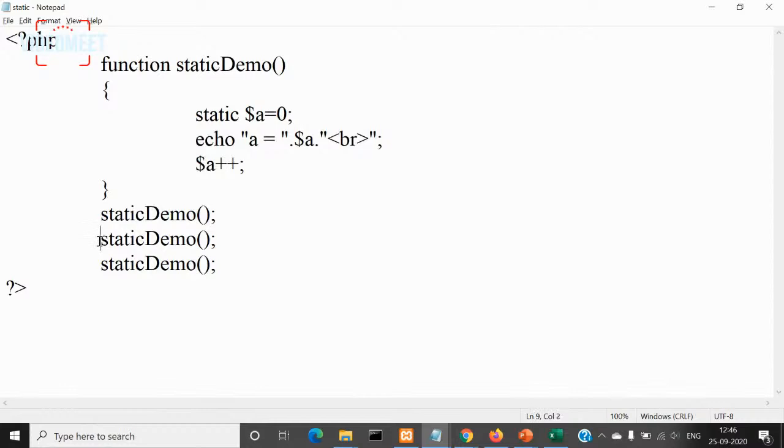Then again you make a call to the function, you'll enter this function definition, but this time the previously created variable is not erased from the memory, so it will remain as it is and its updated value will be 1, right? So when you print this echo statement, this will print 1. So the second time you make a call to the function, this statement will not be executed. This will be executed only once